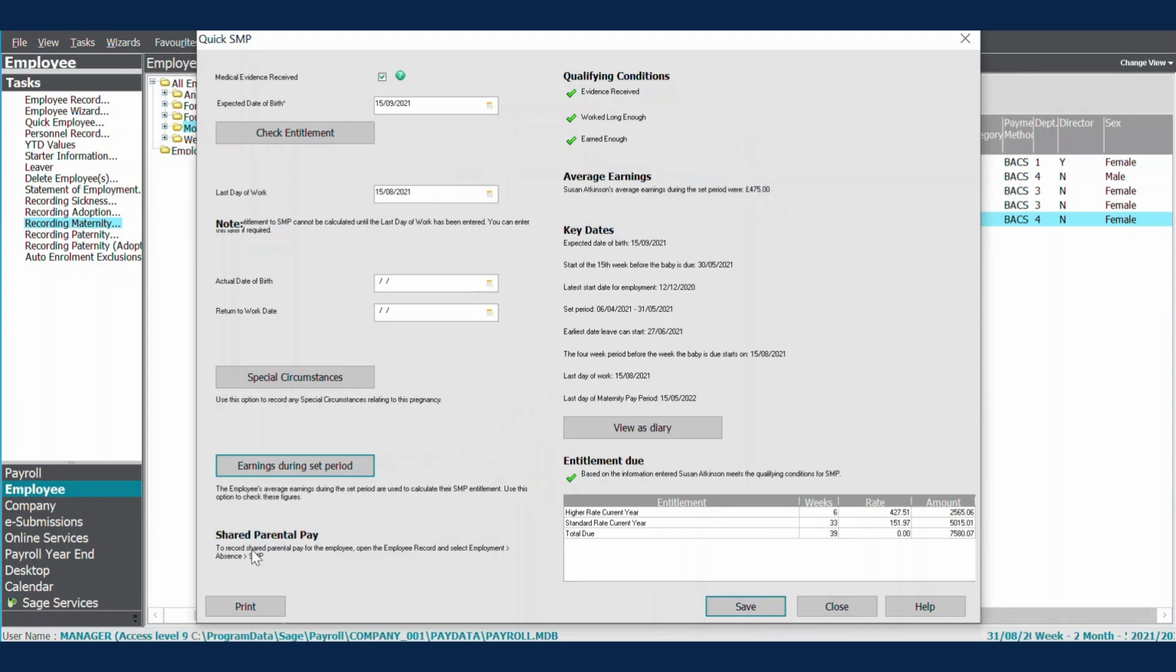If your employee is going to be sharing their parental leave with their partner, it's just a little note down here to tell you that you have to process that on the employee record. There is a shared parental leave button there, and you can't do that in here. But essentially, we've now entered all the information that we need to enter to be able to process maternity pay